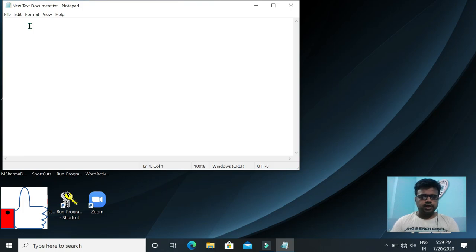Now write the code as @echo off, then echo press 1 to open notepad, cmd and wordpad.